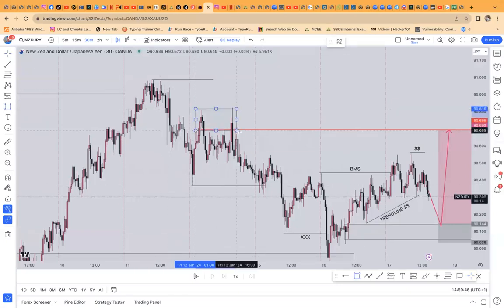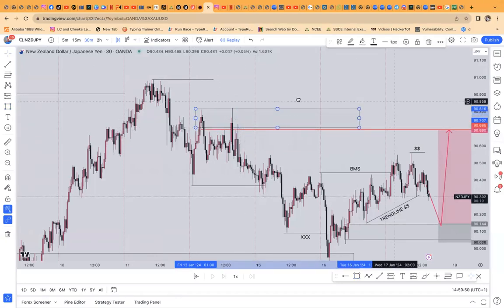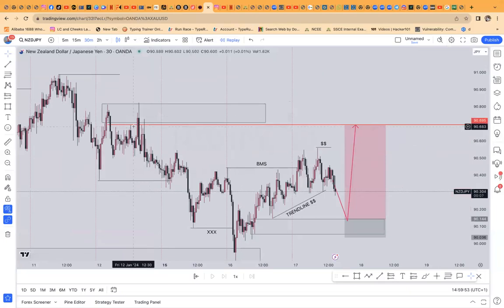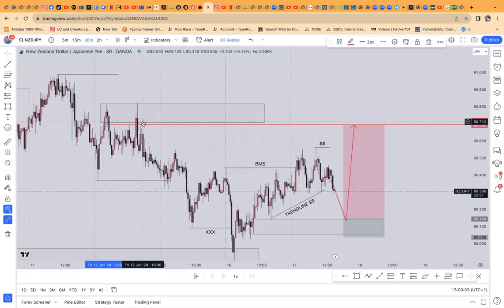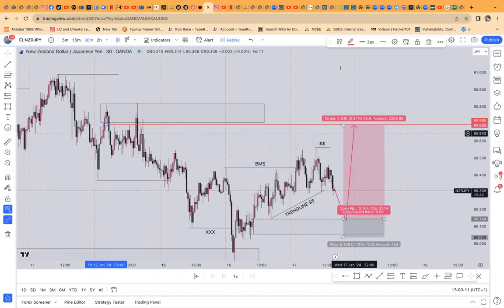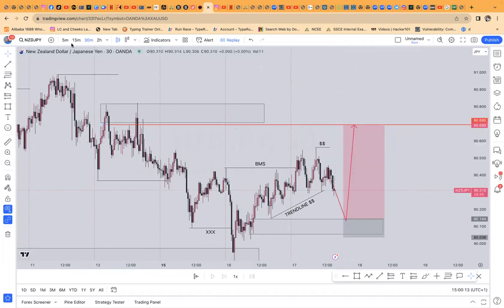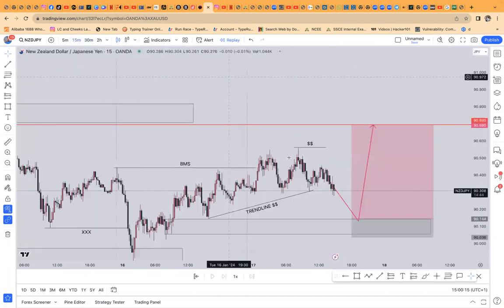This area was supposed to be the order block, but price came and swept that area and started dropping down. So it is best for me to put my TP around this area, because that is where I am conscious of. Price might tap into this area and start retracing down. So hence, let us just grab our own profit and leave the market for people who want to buy the market.